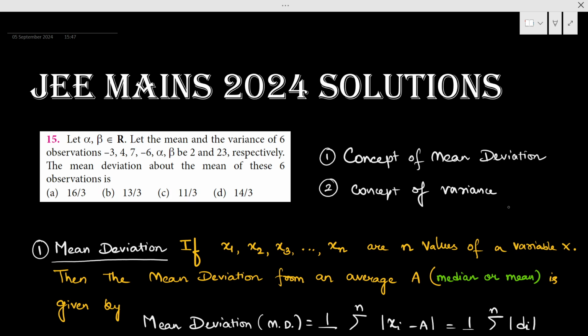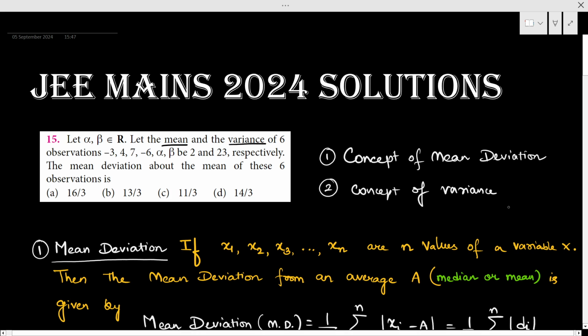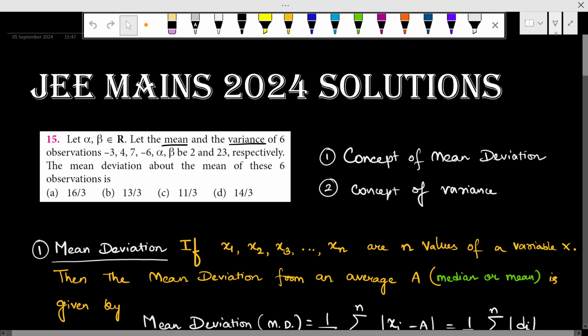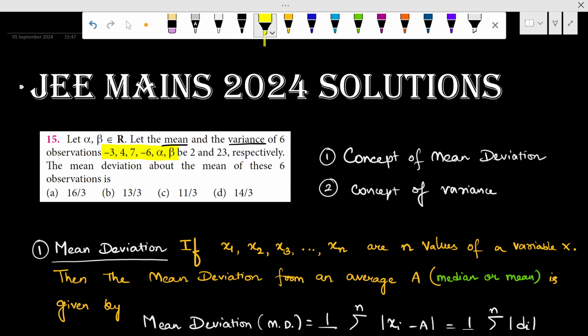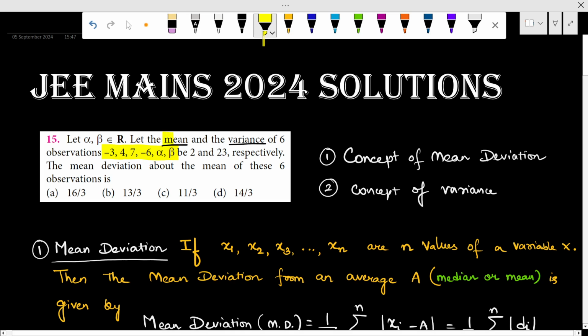Let's see this question. Let alpha and beta belong to the set of real numbers. Let the mean and variance of 6 observations, so these are your 6 observations: -3, 4, 7, -6, alpha and beta, and given that their mean is 2 and their variance is 23, right? We need to find the mean deviation about the mean of these 6 observations, and we are given 4